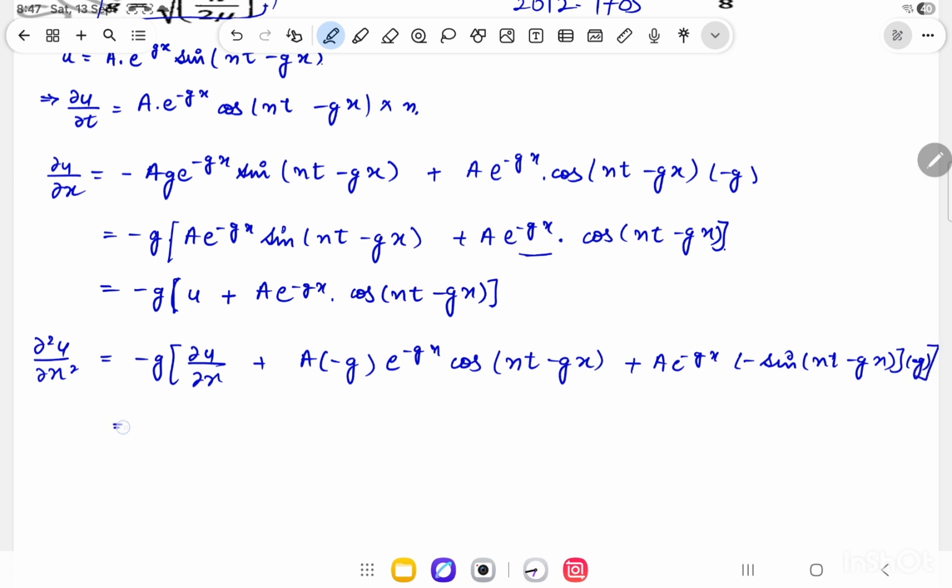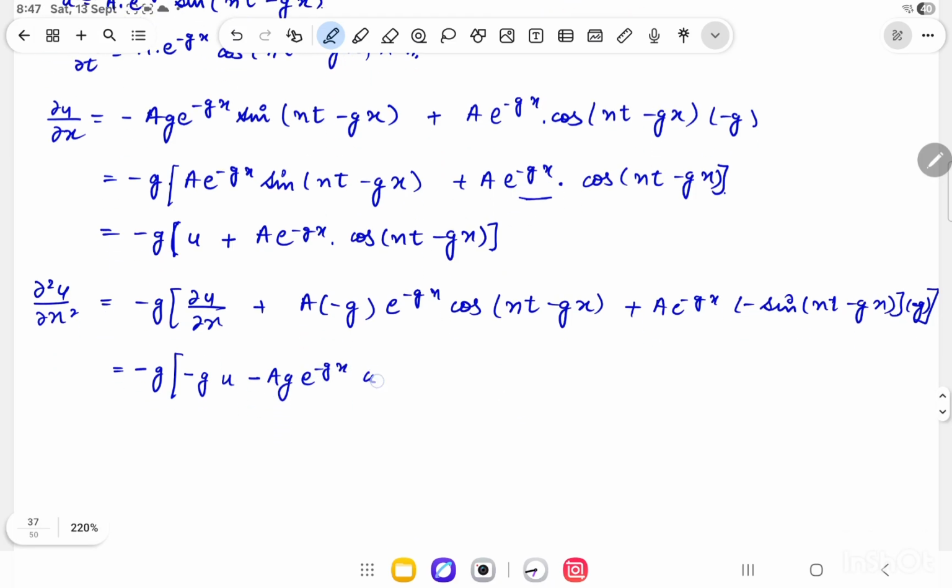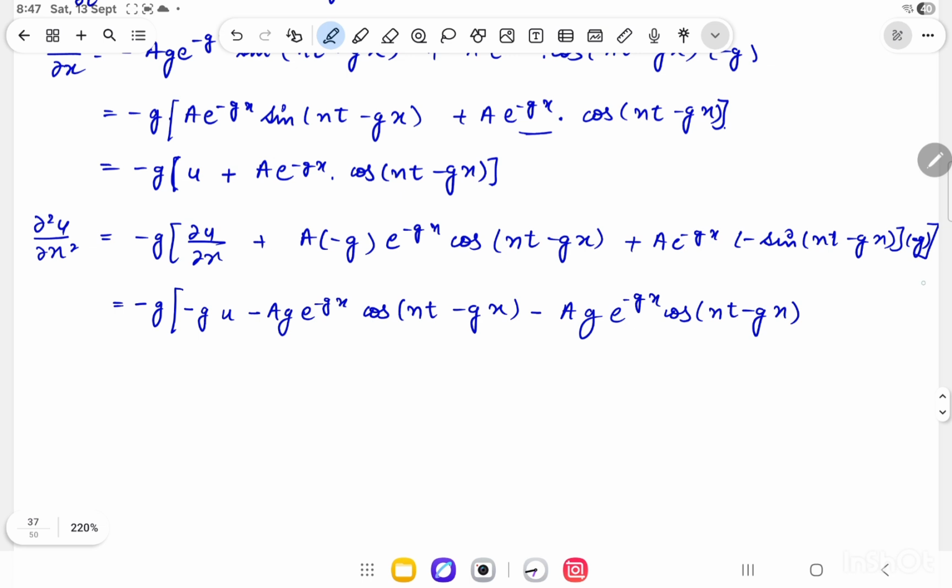So if we simplify it, I'll be getting minus g into del u by del x, that is basically minus gu minus ag e raised minus gx cos nt minus gx minus ag e raised minus gx into cos nt minus gx, and it will be minus and minus plus, so